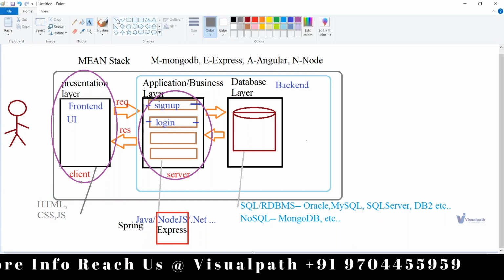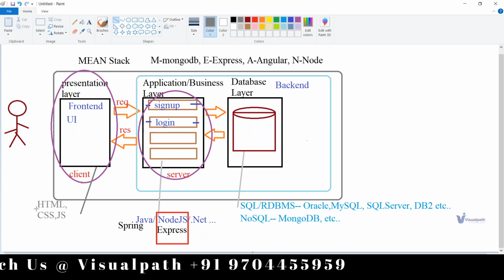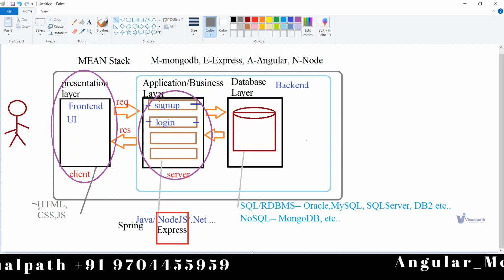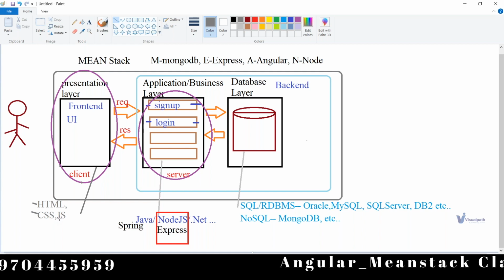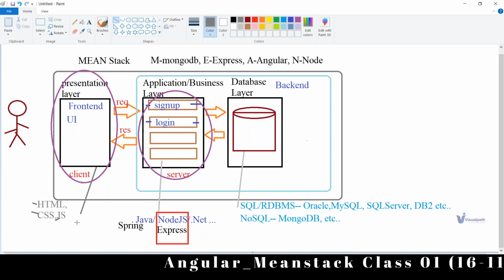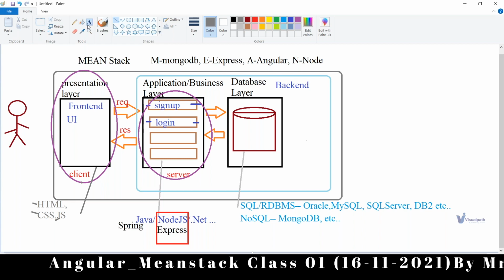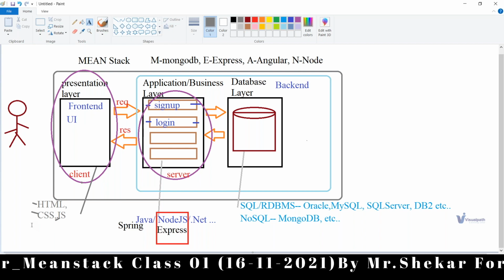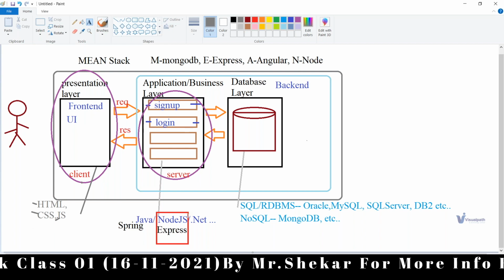Coming to HTML, normally it is just text data adding. The content will be added with the help of HTML tags, and with CSS we'll be adding styling with the help of property names. But the main programming, the main dynamic pages, will be created with the help of a technology called JS. But that is a plain technology, and there we don't use only JS. Using only JS you can absolutely develop. You can develop using Java, using Node, using .NET also.